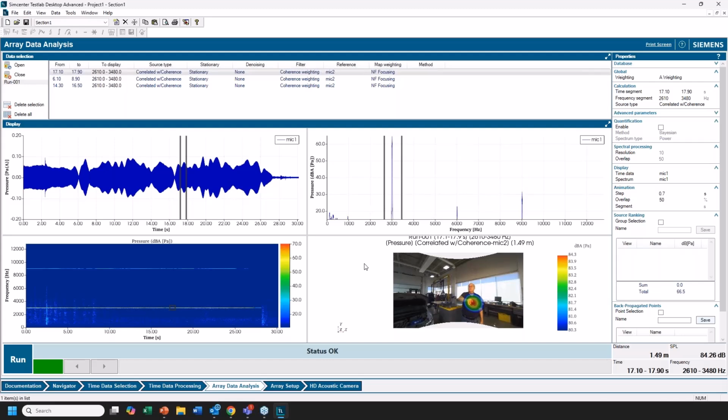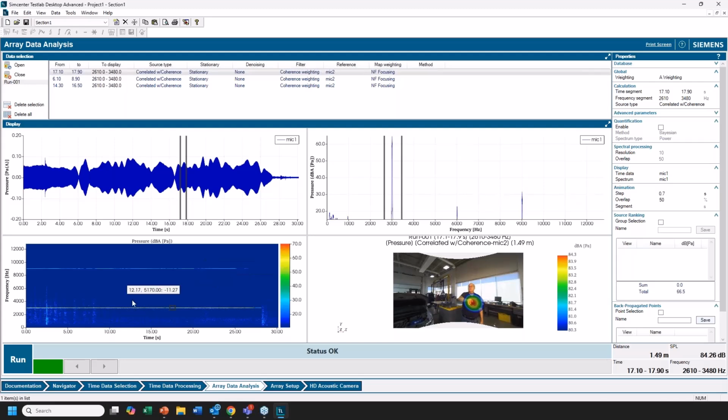So if I take you through the quadrants of display here, we have the time display of a given microphone, and I can pick a different microphone here if I want. You can see there's a list of all the microphones on the sound camera. In this case, our sound camera was set up with 81 microphones, so it had the short arm extensions on that. But I'm going to stick with microphone 1 for our time data. And then we have an FFT, or the frequency domain of that given microphone. Again, I can pick a different microphone over here on the right if I want to.